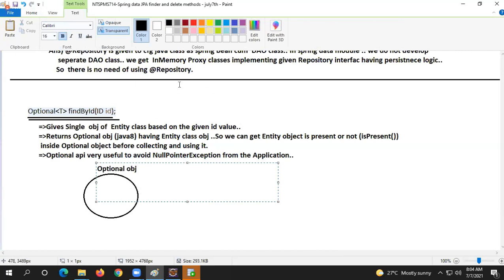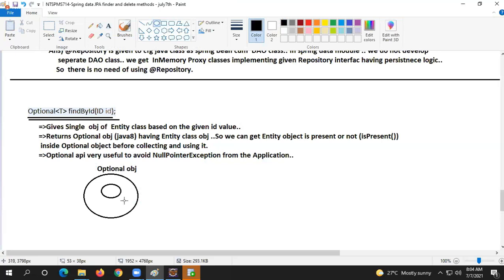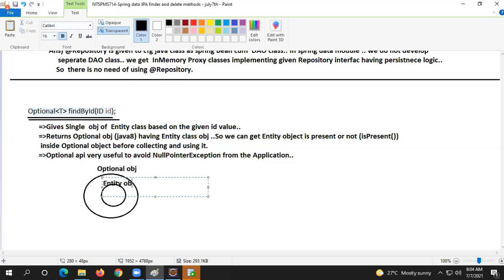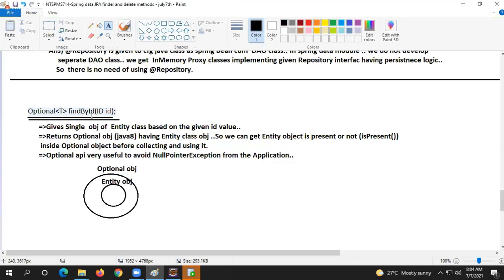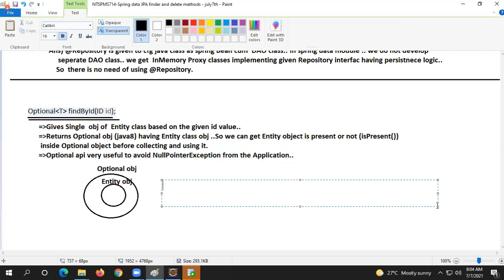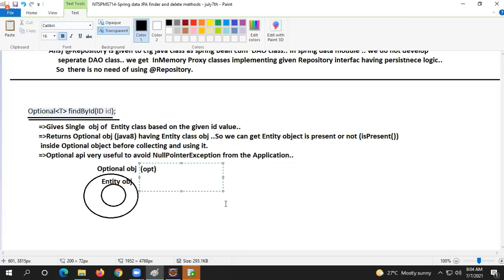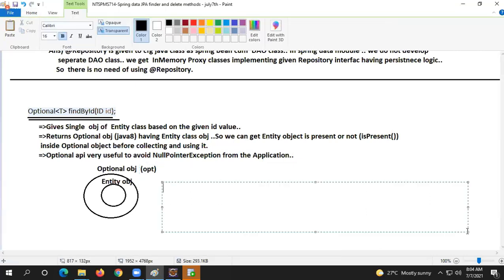Optional object. Inside that we'll be having entity object. Now listen, let us assume this is optional object OPT. Optional object OPT, guys. Now listen, if OPT dot is present, if available,